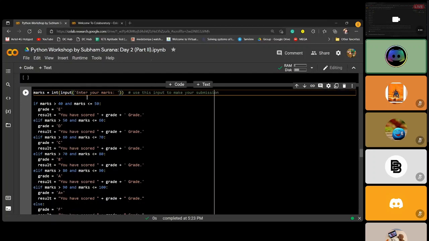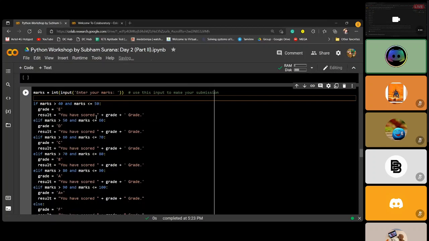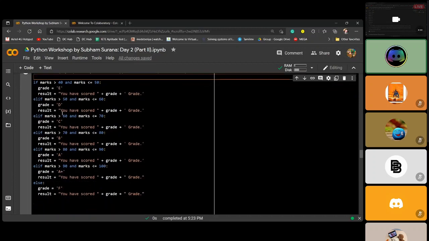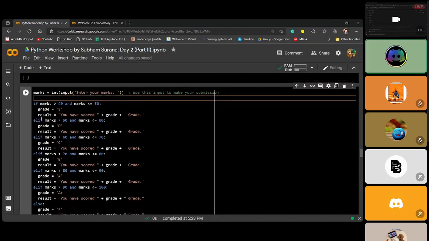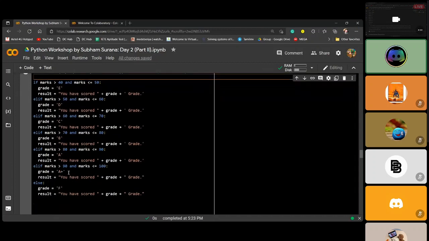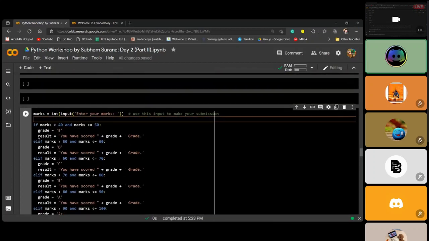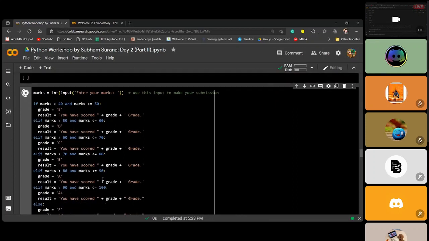Okay, so I have taken the input from the user, and I'm checking if it's greater than 40 and less than or equal to 50, it will be grade E. Greater than 50, less than or equal to 60, D. So this is how elif works, like we have already talked about it. If, elif, elif, elif, elif, elif and then else. Okay, so simple. Now if I run it,